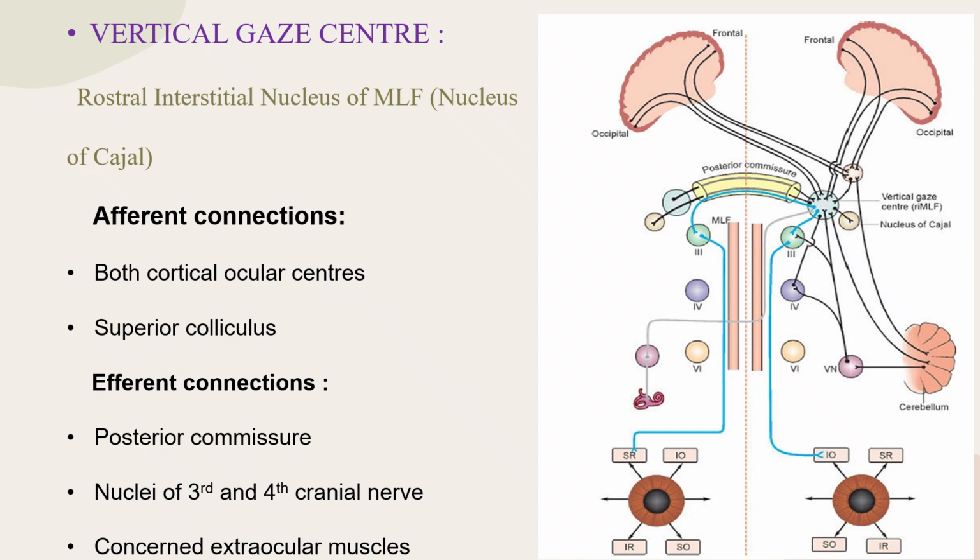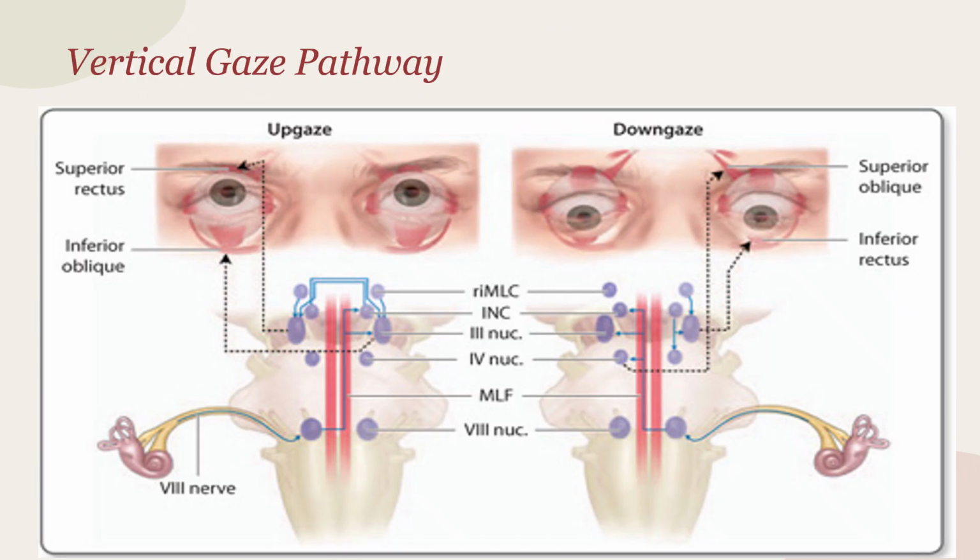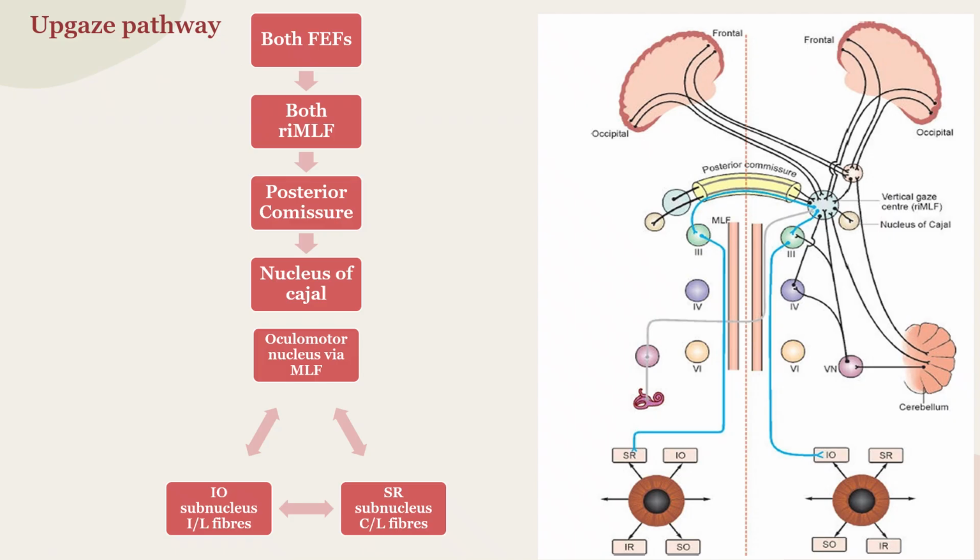Vertical gaze centers. The vertical gaze center is the rostral interstitial nucleus of MLF. It receives afferent connections from both the cortical ocular centers and the superior colliculus, and efferent connections are to the posterior commissure, nuclei of the third and fourth cranial nerves, and the concerned extraocular muscles. In the vertical gaze pathway, there are two pathways: one for up gaze and the other for down gaze. For the up gaze pathway,